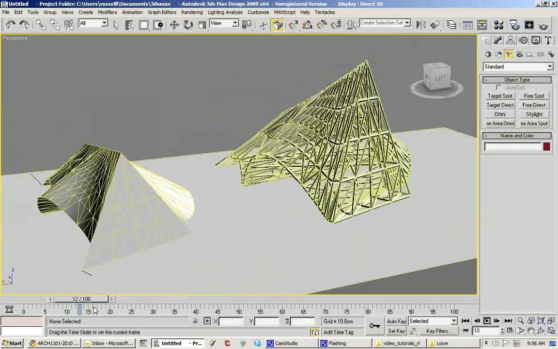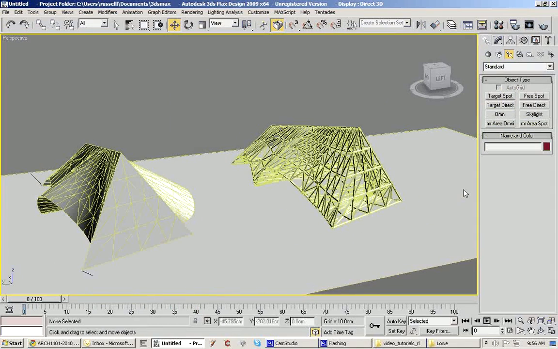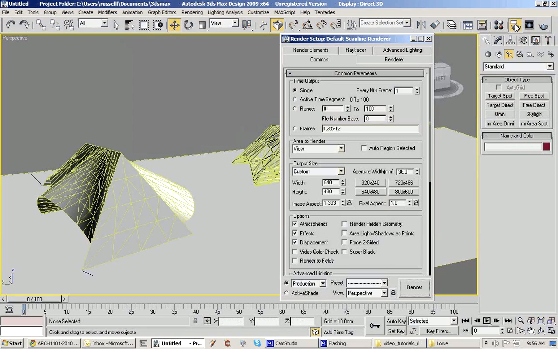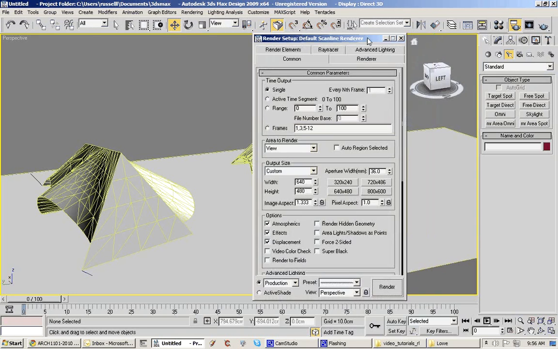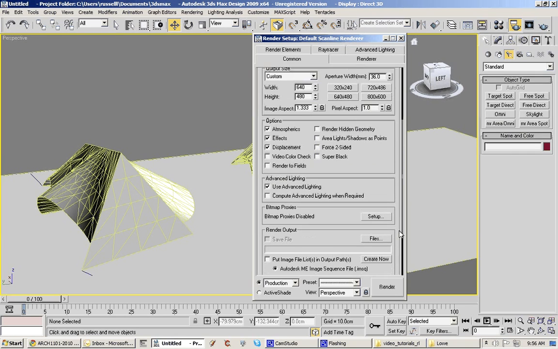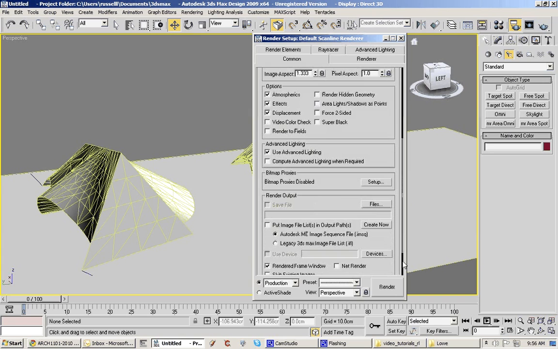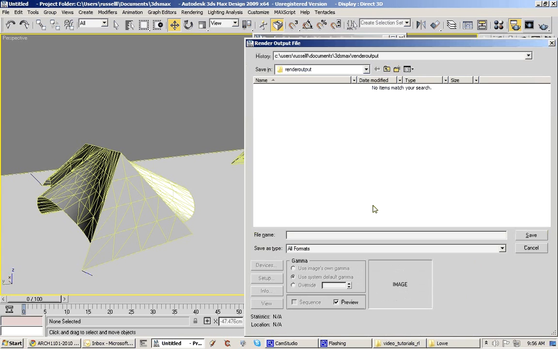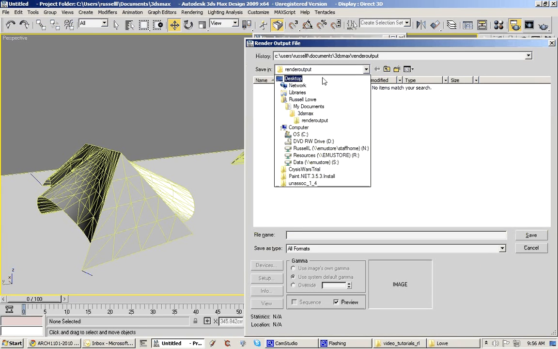We want to render this thing out, so we have to go to the render setup dialog, and we're going to render a range, and I'm going to render 1 to 40 frames, and output size, let's just keep it at 640 by 480, which is small, so it'll be quick, you won't have to wait too long. And then render output files, and I'm just going to whack this onto the desktop, and I'm going to put it as